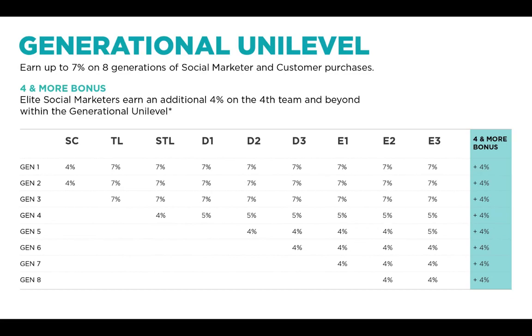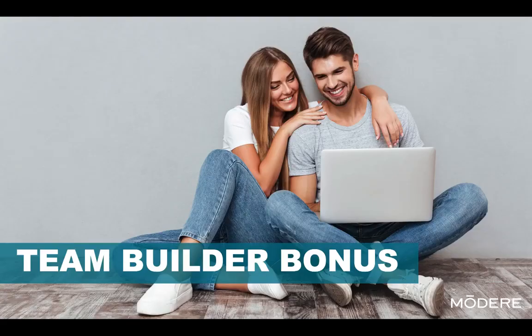So think of it this way. There are 2 ways to motivate someone, right? In a compensation plan, you can motivate them with a carrot or a stick. The stick is like, whack, I'll smack you on the back if you don't build all these different lines. A carrot is, look, you can max it out with 3, but I'm going to give you a carrot to build a 4th one and a 5th one and a 6th one so that you can become more profitable in your business, more stable in your business, and we'll pay you an extra 4%. It's almost like they doubled your commission to go build your 4th line and beyond. That's a really dynamic part of this compensation plan.